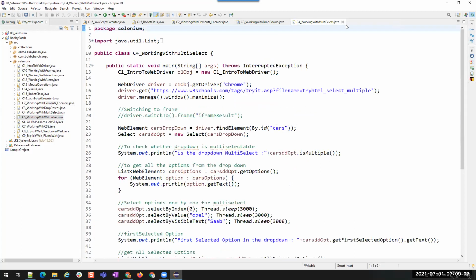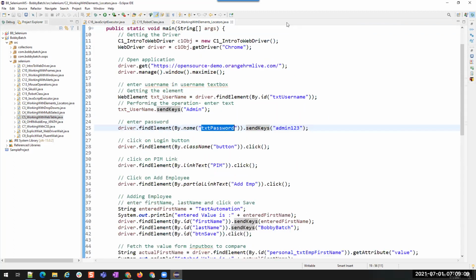What will happen? One fine day, Orange HRM changes the locator value, or it changes the ID from txt username to username underscore txt. Will you be able to update all the classes where you have used it? Or is it okay for you to do like that?